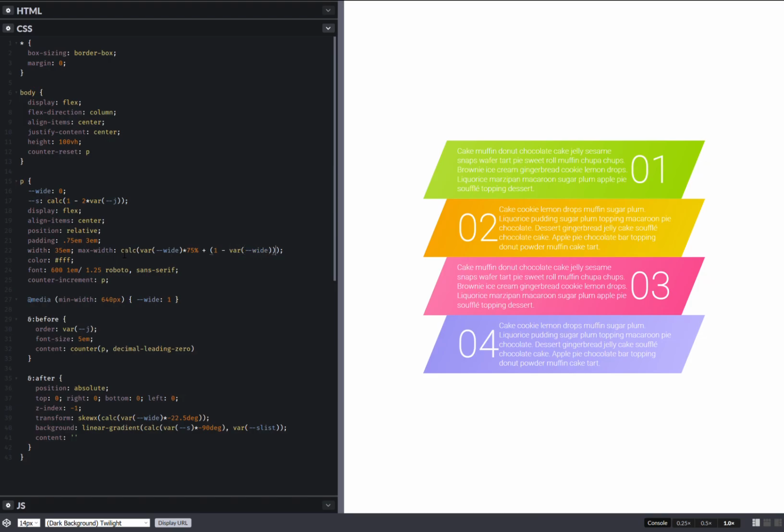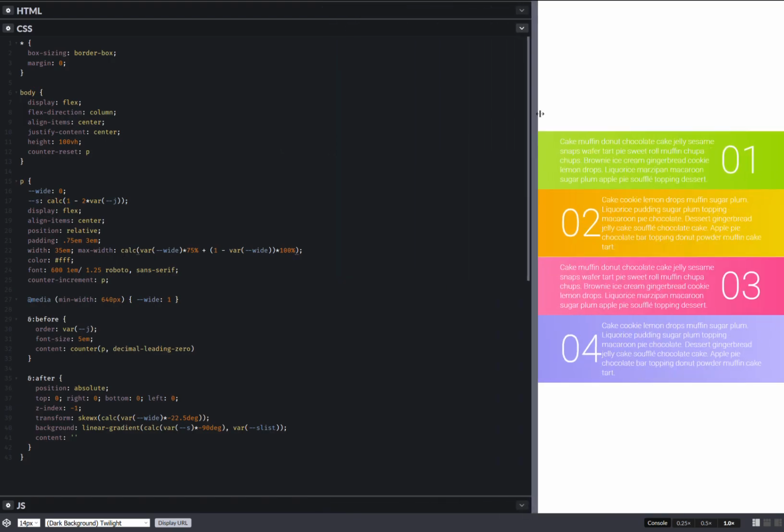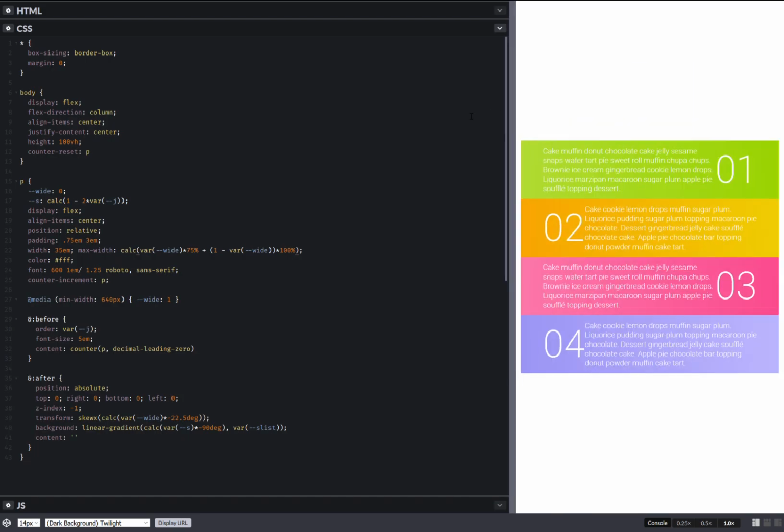And this is for the situation when it's not wide. So something like this. So when it's not wide anymore, just